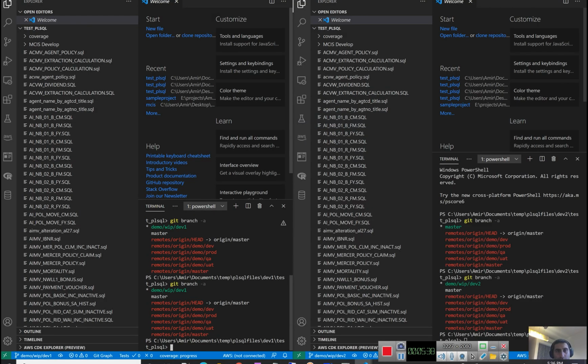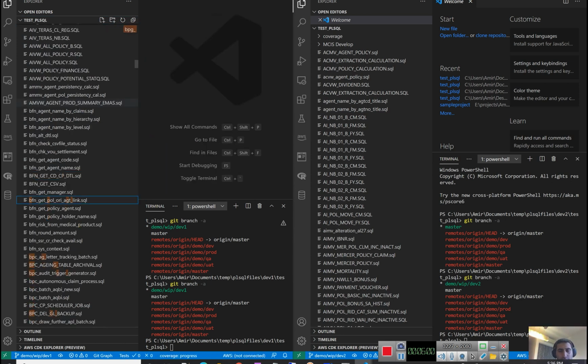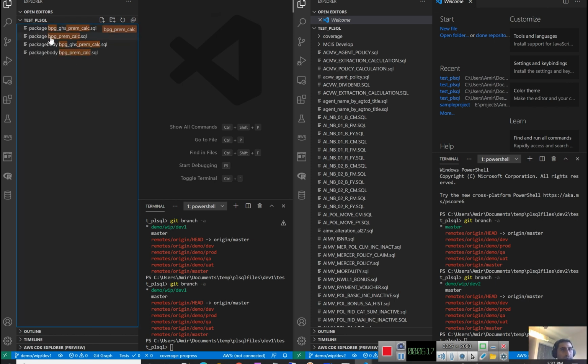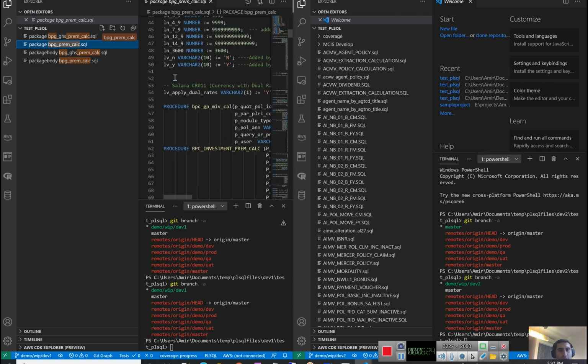All right, now both developers start working on a change. For finding a file, you just need to type the object you are looking for. ppg pro calculation. Right. In the package specification, in line 52, I will add one comment, add a new change for work in progress developer 1. Alright, I'm saving the changes. The other developer also